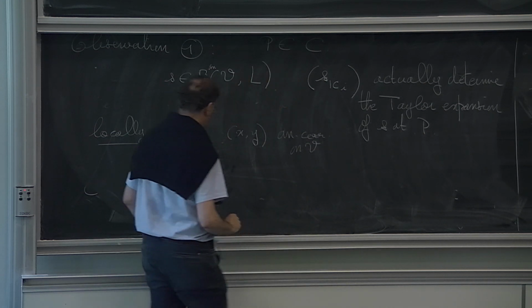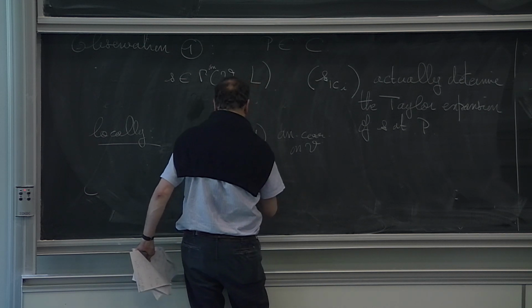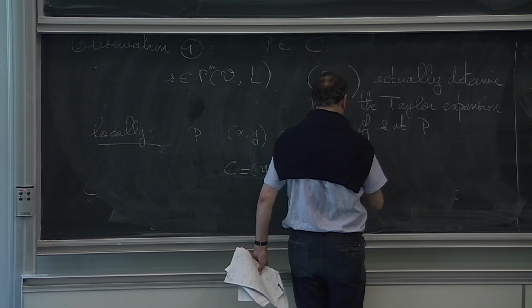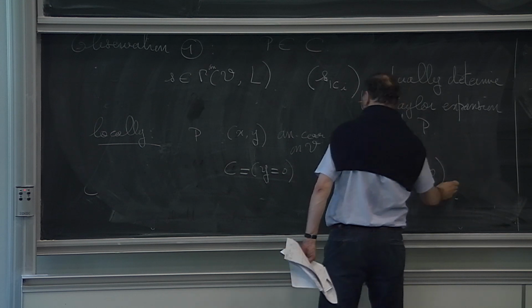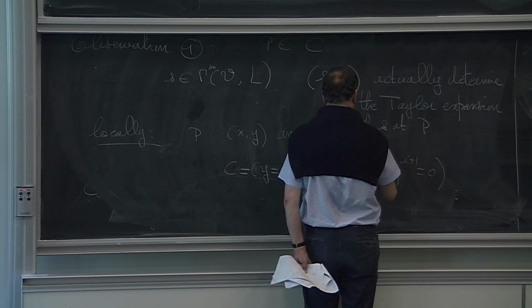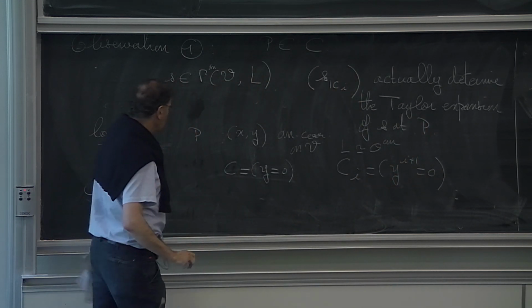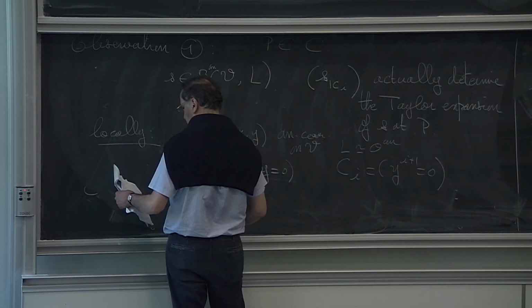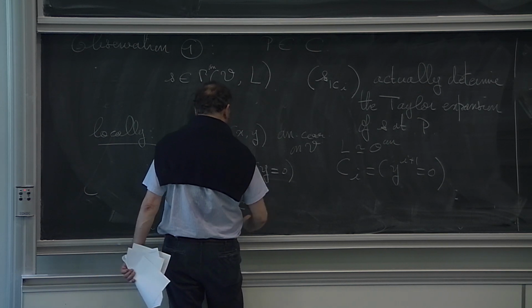On V, such that C is given by y equals 0. So C_i would be given by y^(i+1) equals 0. You may assume that L is locally trivialized, it's a trivial line bundle. So you see a section, a function, locally at the level of germs,